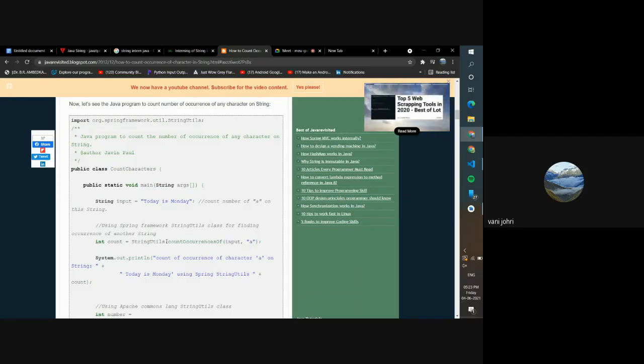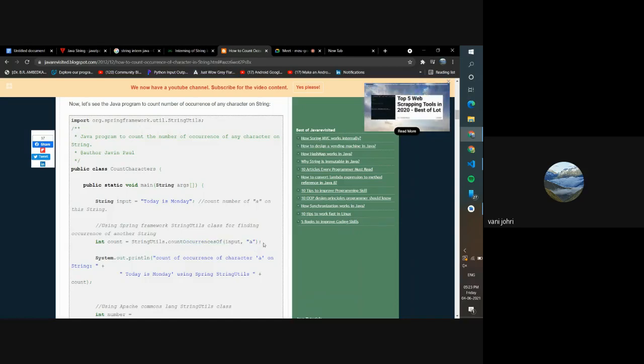So this method, wherever it is defined in this StringUtils class, is defined such that first you have to write the input and then you have to give the character that you want. Oh, by the way, this input is the string. All right, input is the string. First you give the string and then you give the character which you want to be counted in that string. All right, so this is how it is supposed to be written. If you write A first and then you write that string, it will not work. Are you understanding?